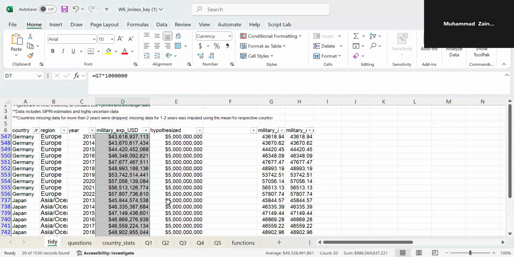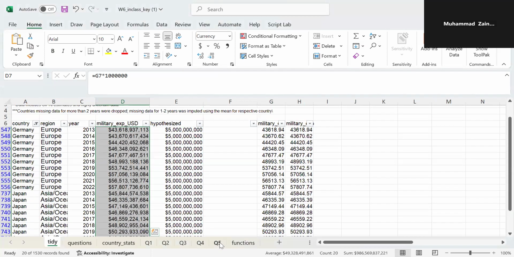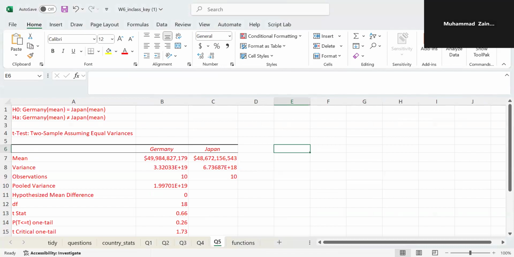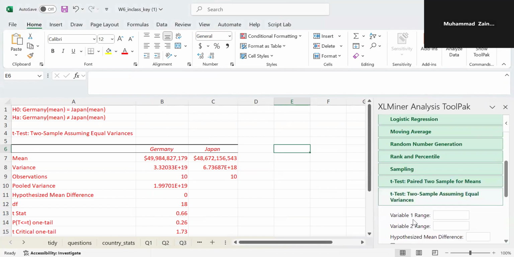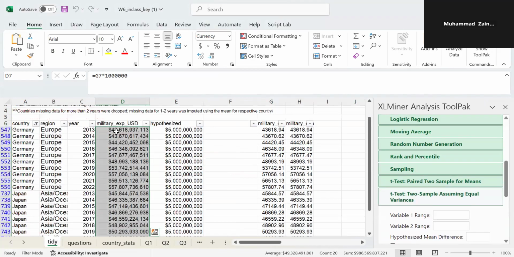So we have these two. What we're gonna do here is in question number five, the variable one range would be Germany's values. So it would be these values, and so let's put these values in manually. And from it's